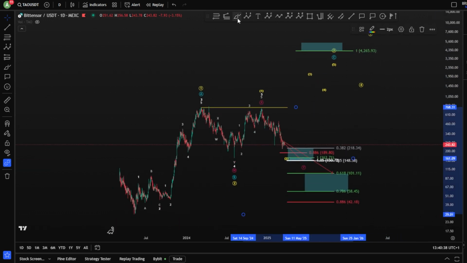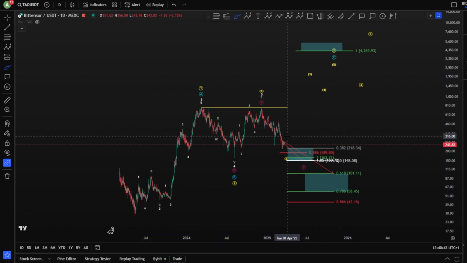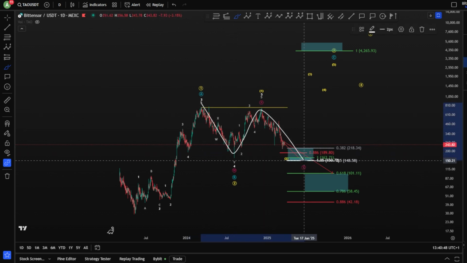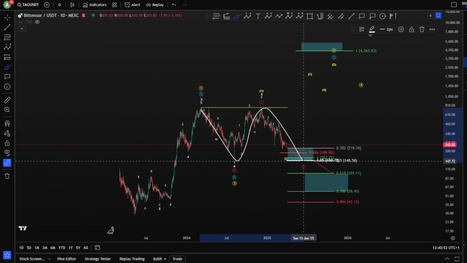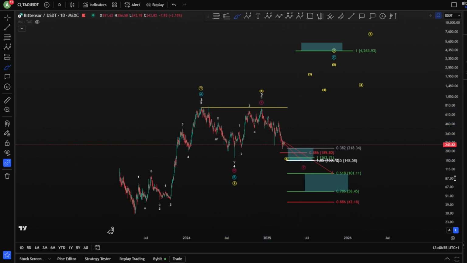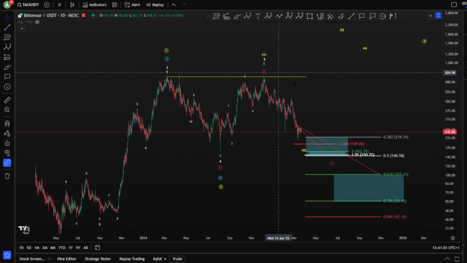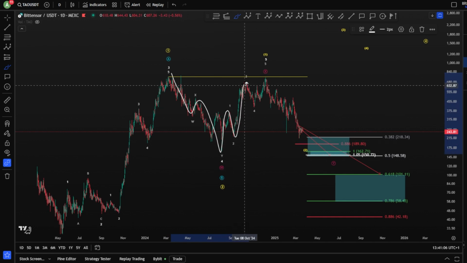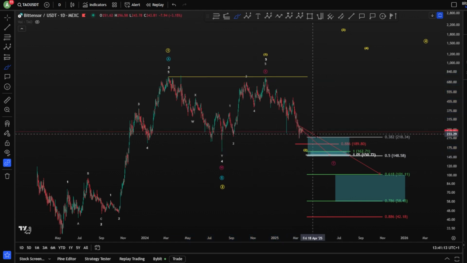TAO can reach the 1-to-1 fib level, of course, as a zigzag, reaching the 4,265. However, are we ready for this or not yet? Let's see the short bearish scenario where you have potentially an extended short-term bearish as a W, X, and a Y, right? So this W, X, and Y might unfold, of course, in several patterns. Because it's a W, X, Y, we have 3 ways down, potentially 3 ways up here, and ABC potentially as an expanding flat, and then you would like to see of course a move towards the upside.